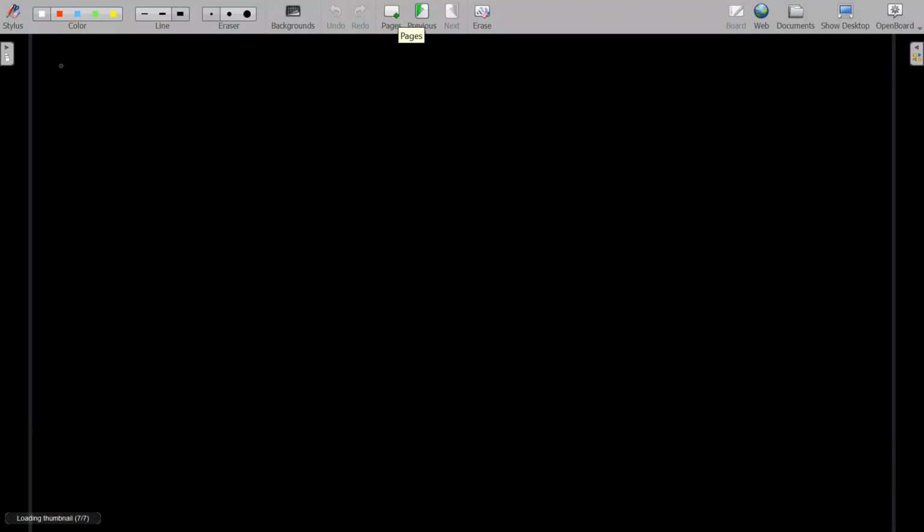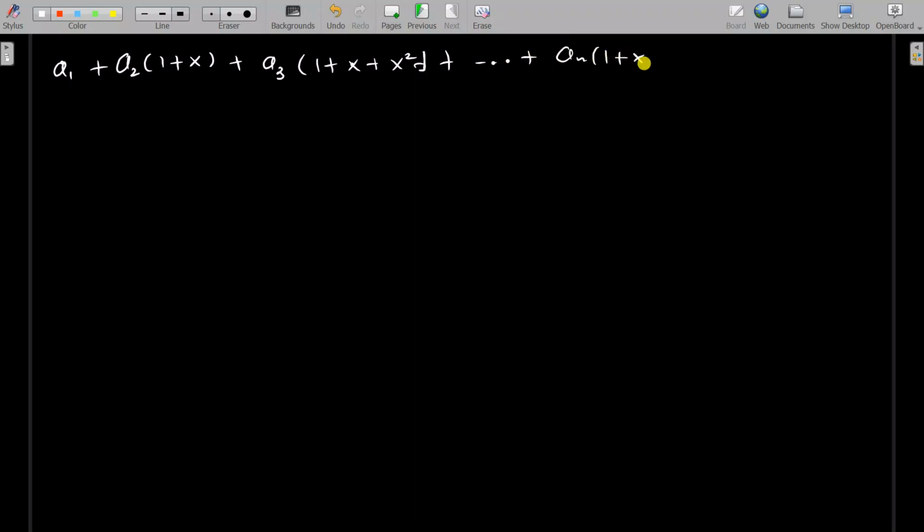And in terms of polynomial, so I still have my a1 plus a2 into 1 plus x plus a3 into 1 plus x squared plus all the way to an into 1 plus x to the n, right? Equals the 0-degree polynomial, which is 0 plus 0x plus 0